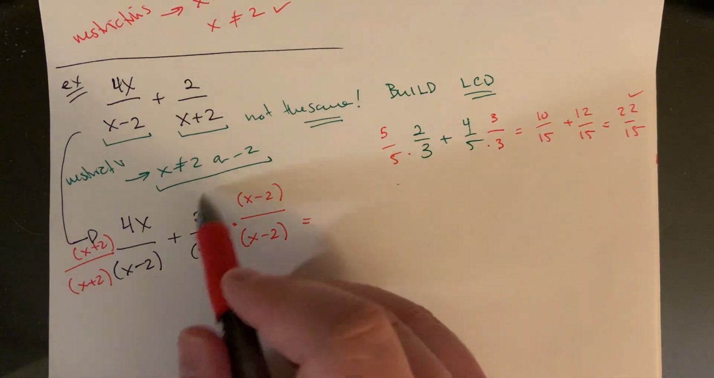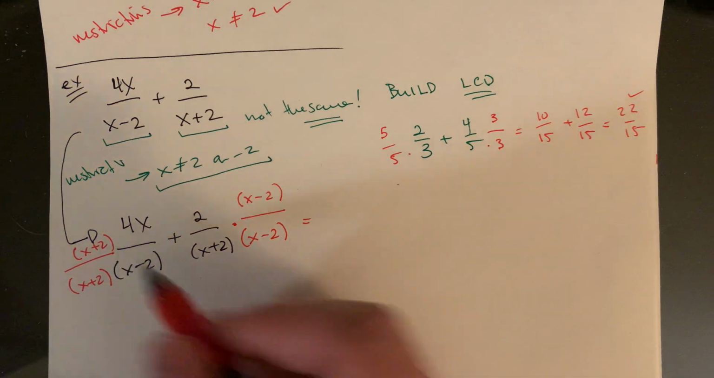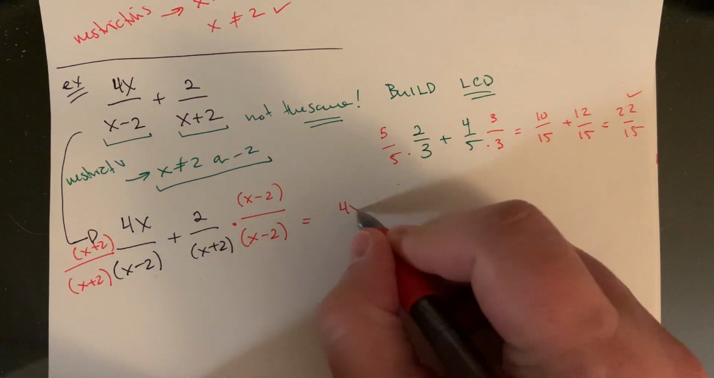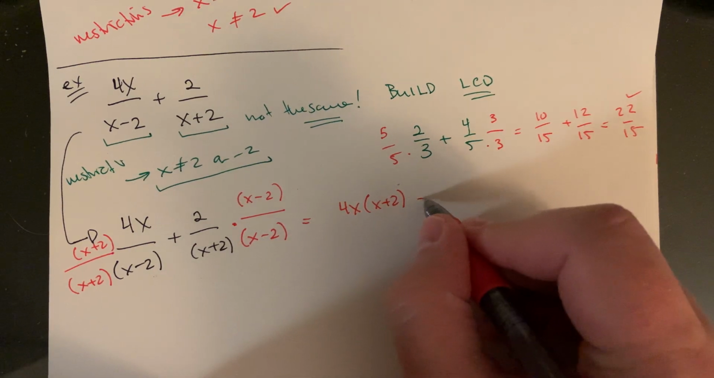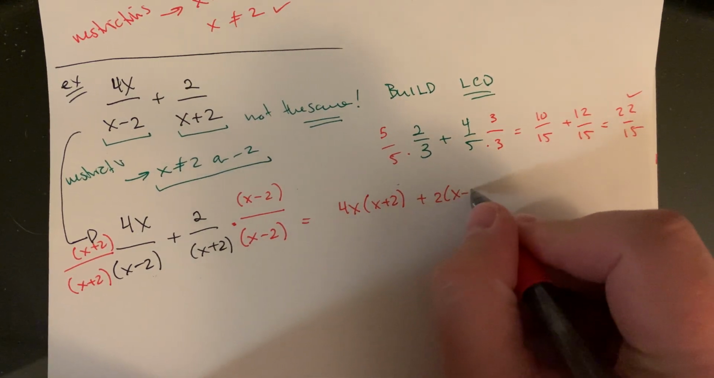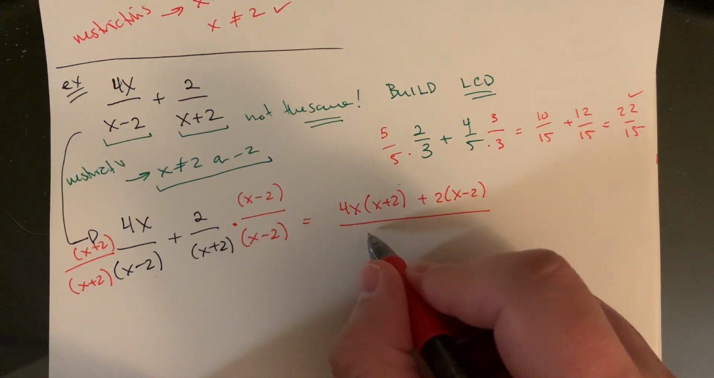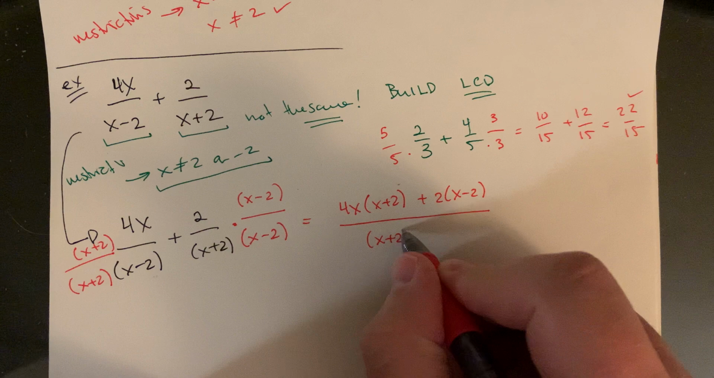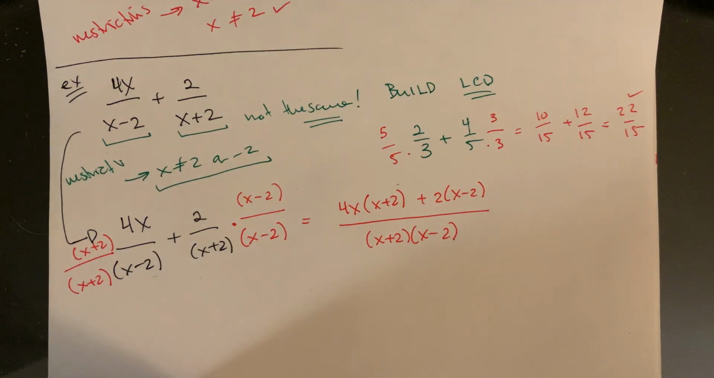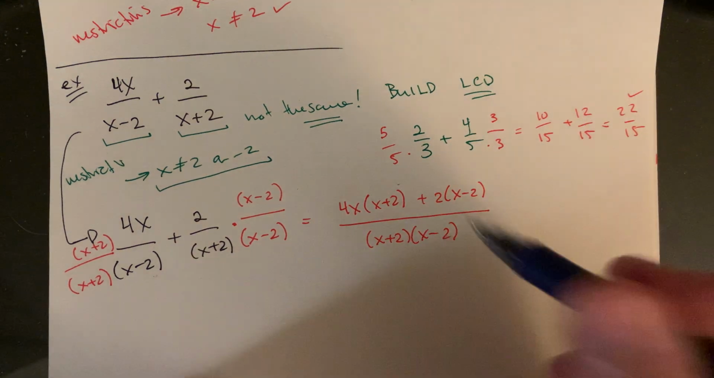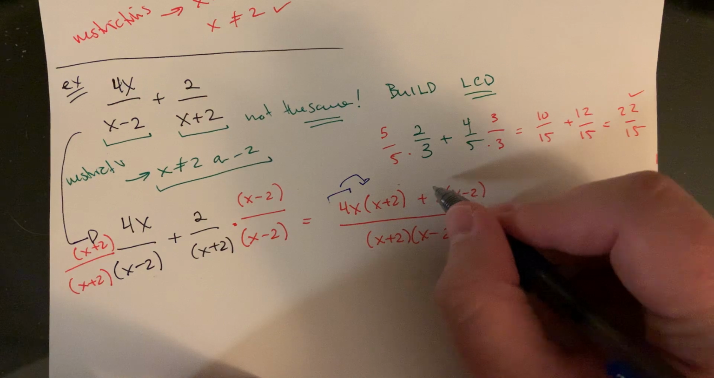I, of course, have my restrictions in play. We'll again bring those back in the end. But for now, what we can just do is say, this is really like a 4x times x plus 2 plus a 2 times x minus 2, all over what would be our common denominator, the pair, x plus 2 times x minus 2. And then the move to clean this up is you're going to take the multiplications here and distribute,